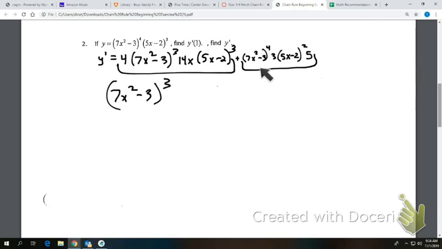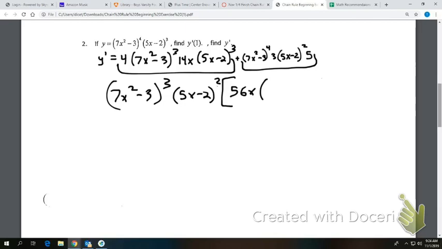They both have in them 5x minus 2 squared. And what's remaining? I guess what's remaining is a 4 times 14x, which would be, let's see here, 6, 4, is that 50, is that 56x? So 56x